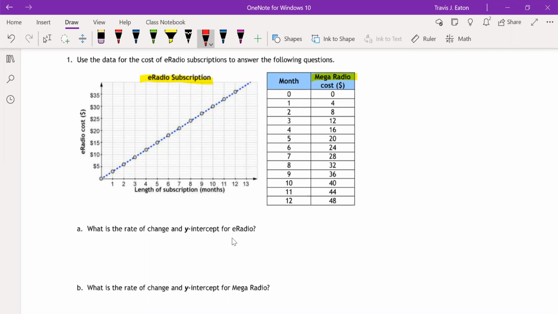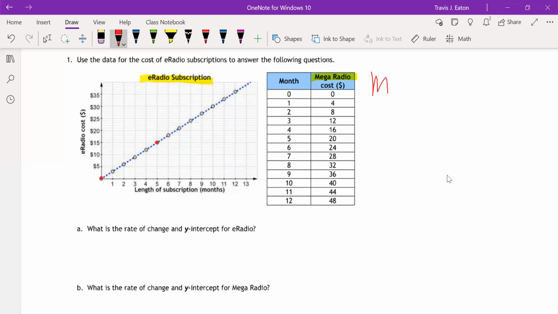Well, we know one point. Where is it? There it is. One point is right here at the origin, right? And from there, where's the next spot that it crosses someplace really handy? It looks like we have a nice intersection right there, correct? So what is the rate of change? Well, remember, rate of change